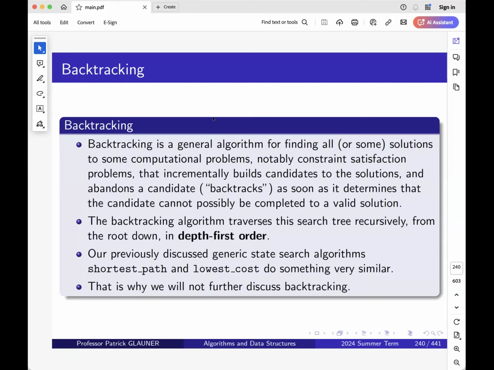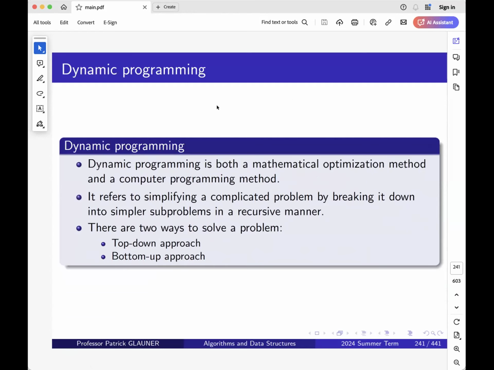But I told you before, when we did this shortest path and lowest cost, I said they are highly generic and you can reuse them to many other problems. And this is the case here as well. Now,